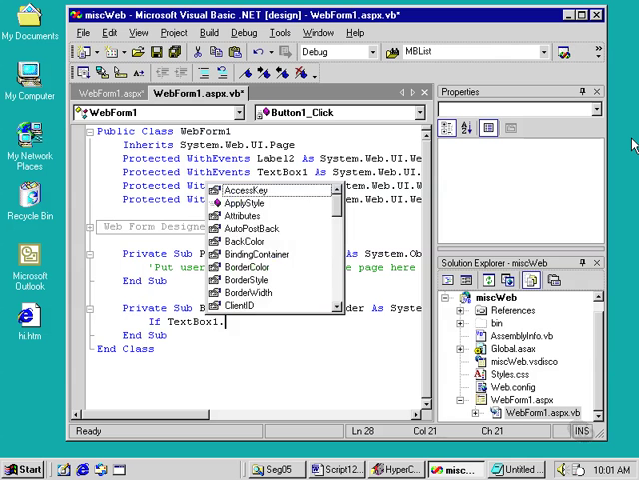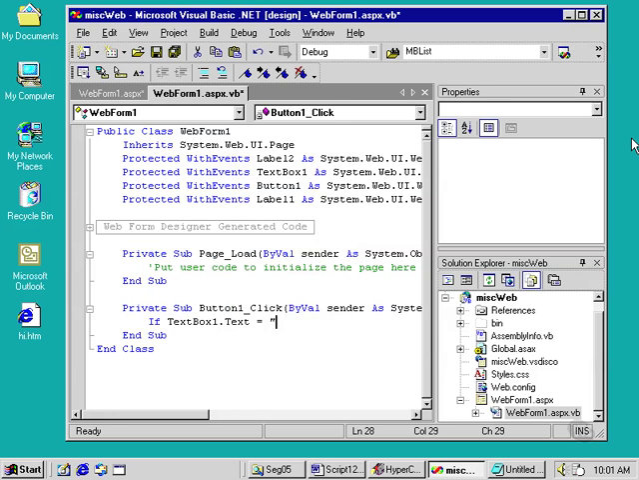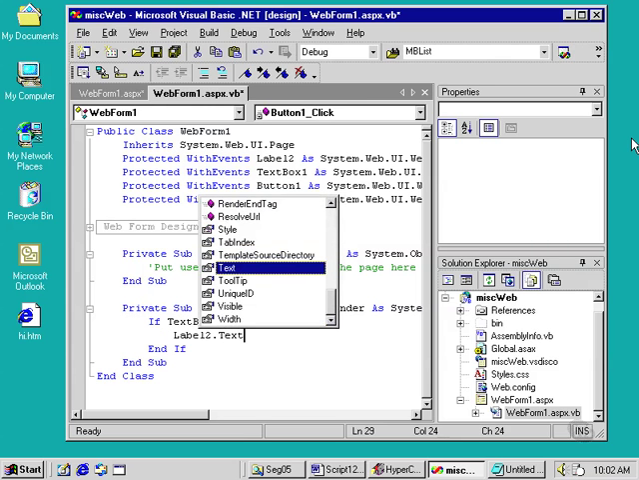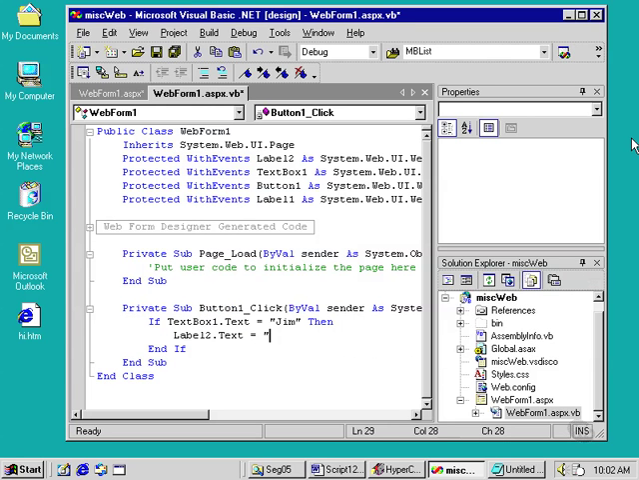Box1 text property equals Jim, then Label2 text property equals welcome Jim. For the case in which it's not Jim, we start off with an Else,